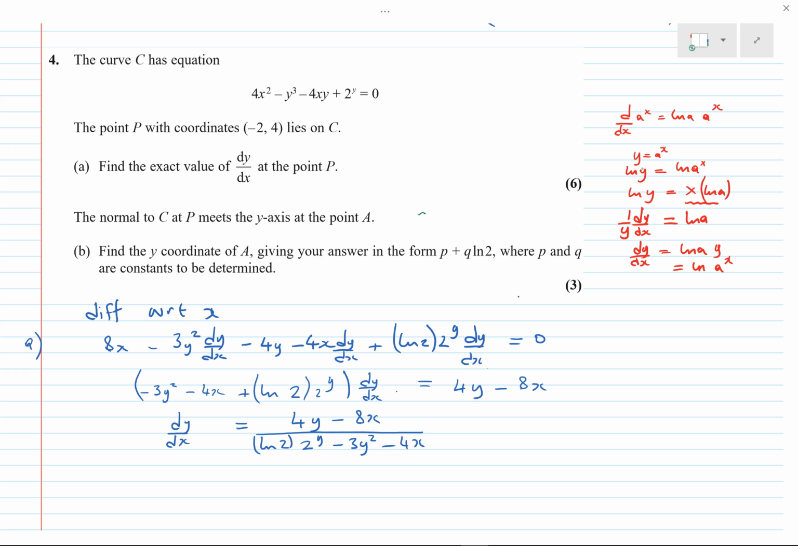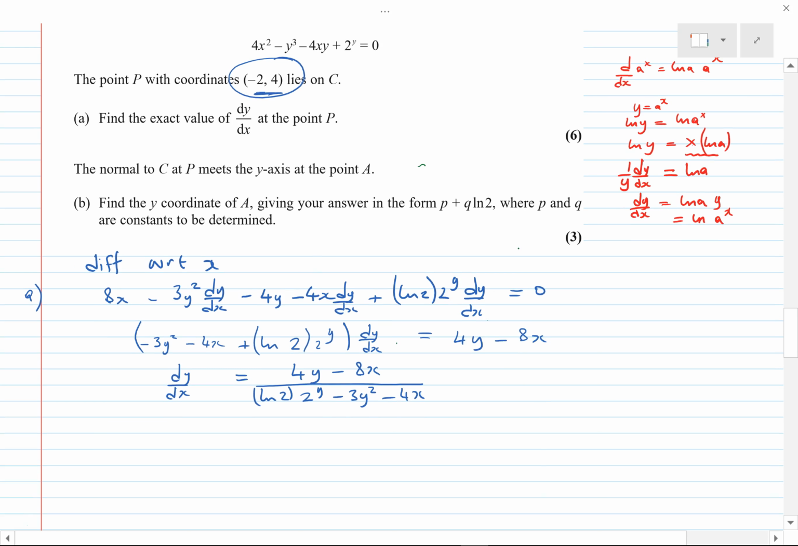We're given a coordinate minus 2, 4, and oh, I see, we haven't finished part A yet because we need to put minus 2, 4 in here first, so that's why there's another couple of marks. So that's minus 2, 4, that's dy by dx equals to 4 times 4 minus 8 times minus 2 all over 16,